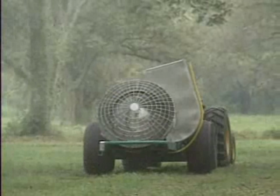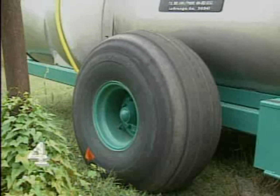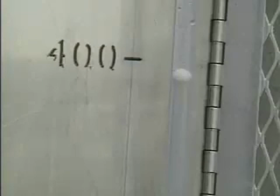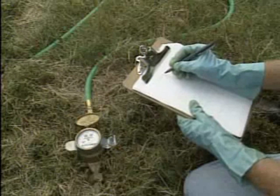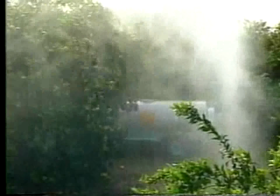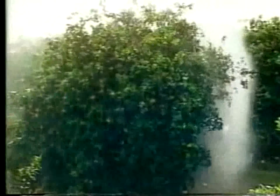and record the time. Fourth, return the sprayer to the same position it was in when it was originally filled and refill the tank to the previous marked level. Record the gallons needed to refill the tank. We can now determine the speed of the sprayer, and with the information gathered, determine the gallons per acre the